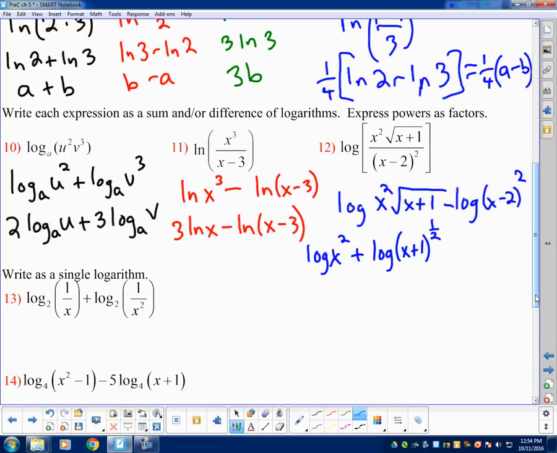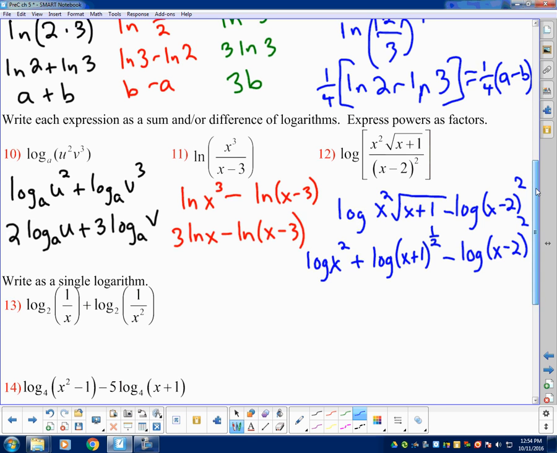Didn't say anything about how to deal with square roots, but this is the same as log of x plus 1 to the 1/2 power. That square root is the same as 1/2 power minus log of x minus 2 squared. And all that I'm doing is demonstrating that I have 3 logarithmic expressions, and each of them has a power. And so I'm going to apply that third law